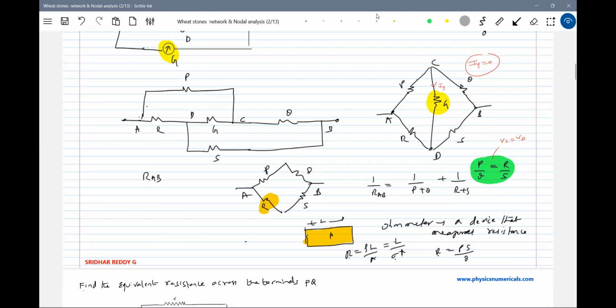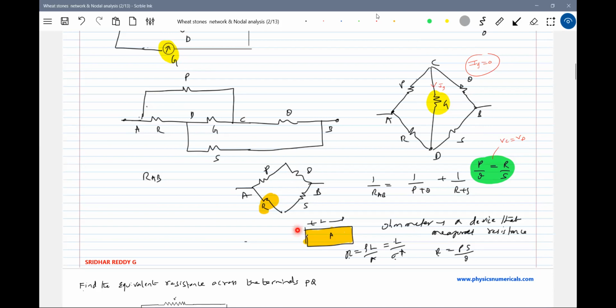Once I know the resistance of this one, can I measure its resistivity? Yes, I can measure the resistivity or conductivity, whatever you call it. The resistivity of a material is a very difficult quantity to measure directly. Yes, with the help of this, I can easily find out the resistivity of this material which is connected here. This is the unknown thing. Okay, this is the main purpose of the Wheatstone network: to find out the resistivity of a material, we take help of the Wheatstone network.